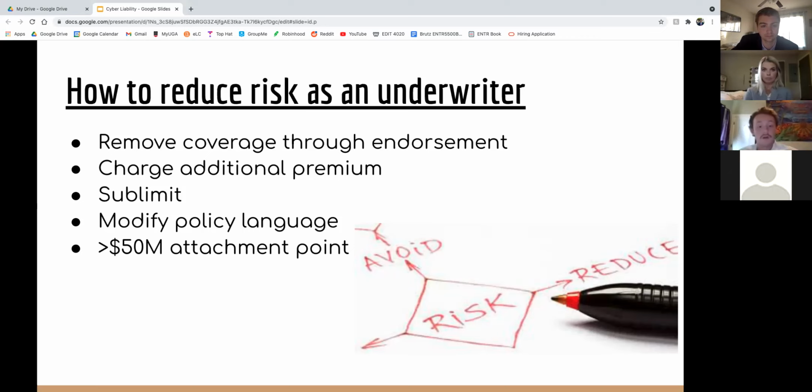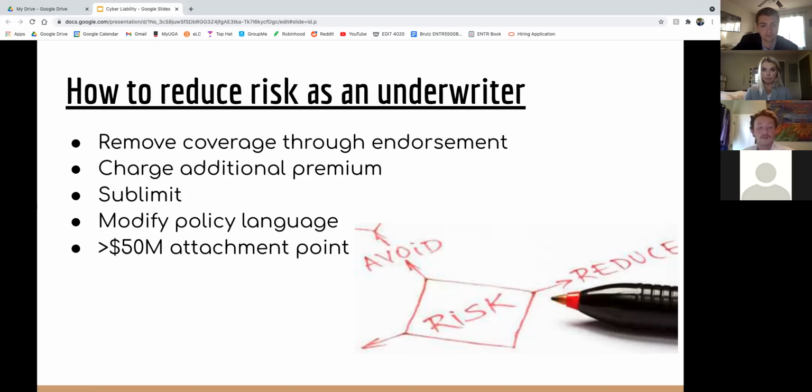A popular option for underwriters to better protect themselves is to modify policy language. By modifying policy language, an underwriter can limit the scope of coverage to specifically include or exclude a certain topic or item within the coverage of the policy. An example of this in cybersecurity is changing the policy wording to include coverage only for security failure, but not system failure coverage. Very different.